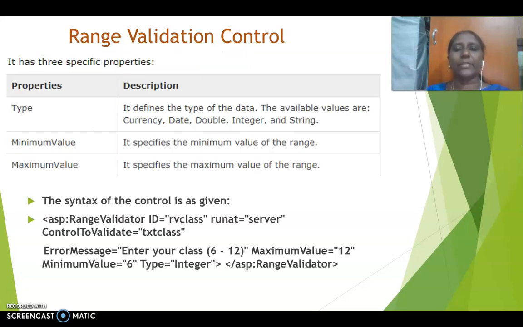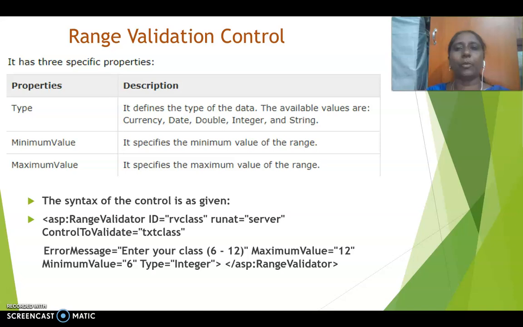Second one is range validator. Here we will be dealing with error message and we will be fixing a minimum value and a maximum value. So this range validation control acts when it violates the minimum value and the maximum value. So you will be giving three properties: minimum value, maximum value, and then the error message.